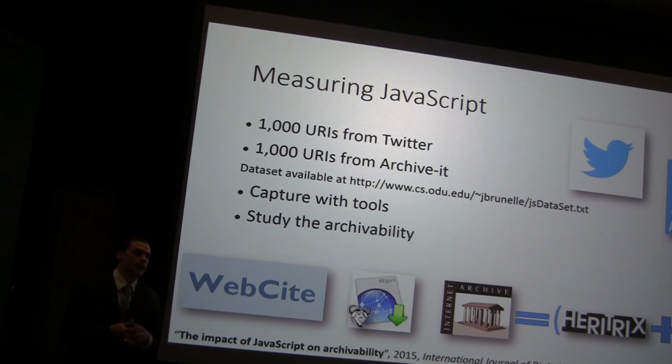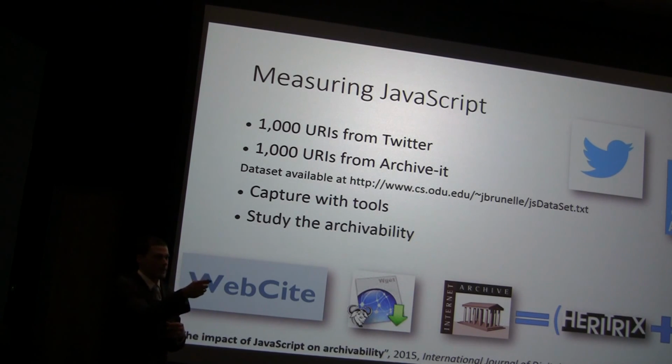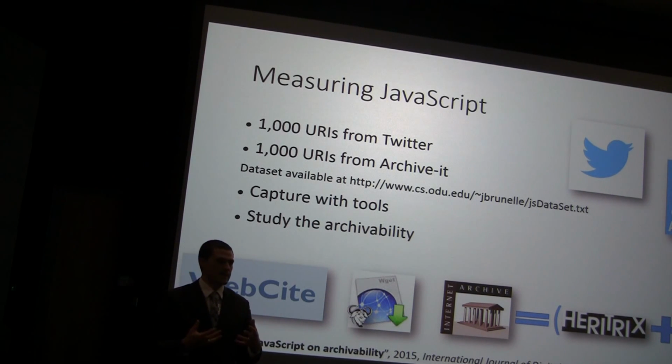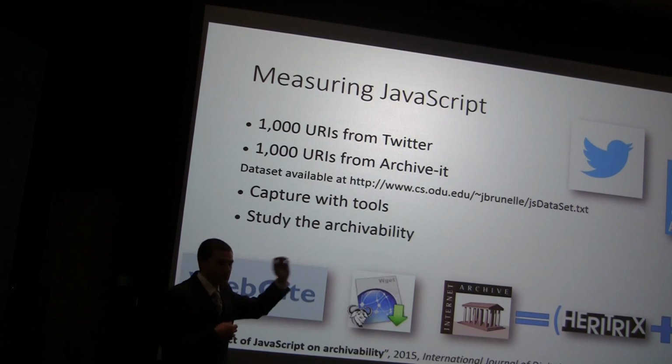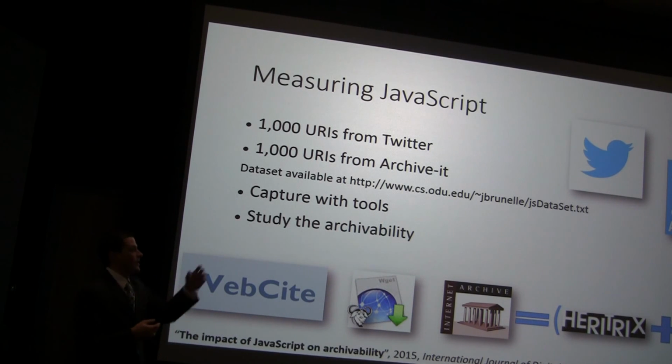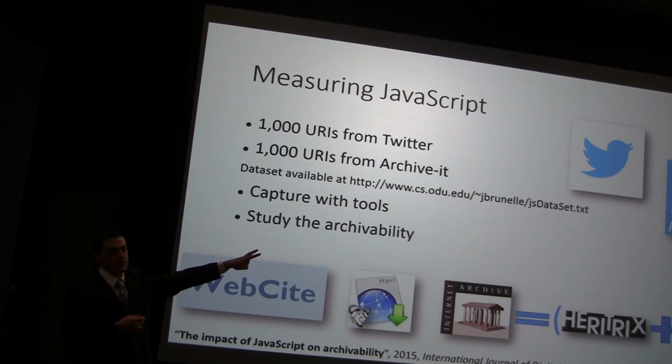Some of the work that Scott did showed that the things that were shared over Twitter and shared over things like Bitly actually had a lower rate of appearance in the archives than did things that were shared places like DMOZ and other types of data sets. So we wanted to have a good contrast for this particular study of what are people sharing and how is that being archived,